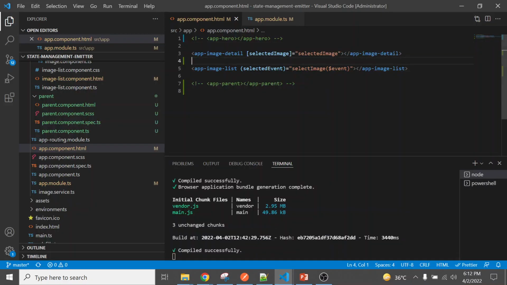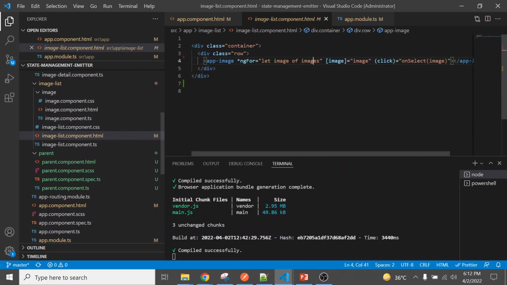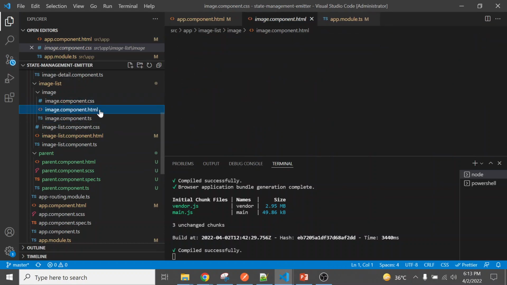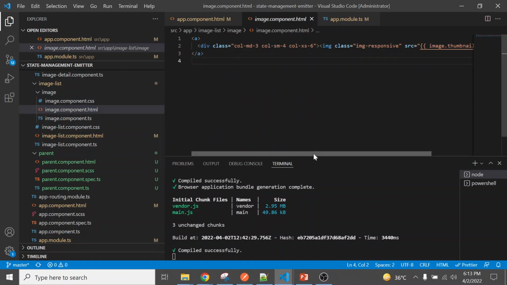So what we do here, image list. We just pass the values, whatever image we get here, and details here, and this is the loop. This image details is passed to the component where we created the image input emitter, and it is showing the details of that image.